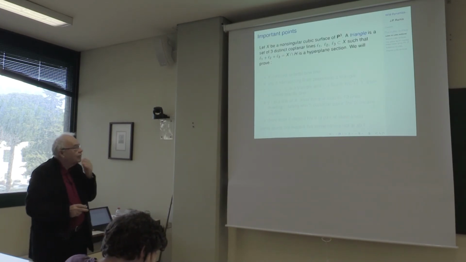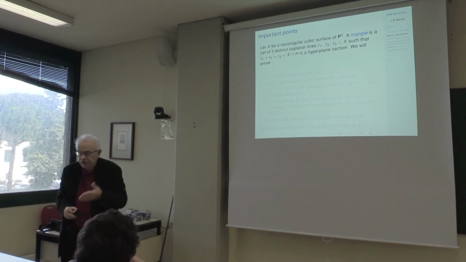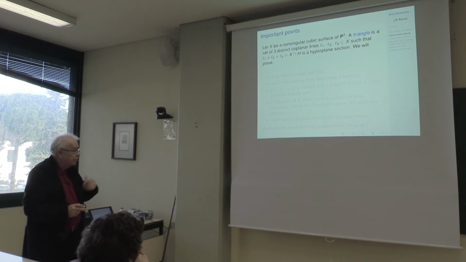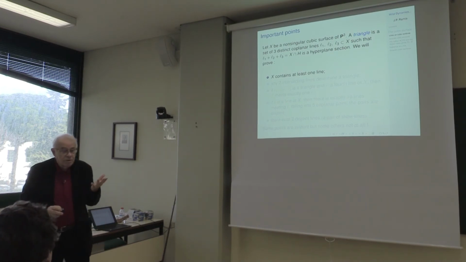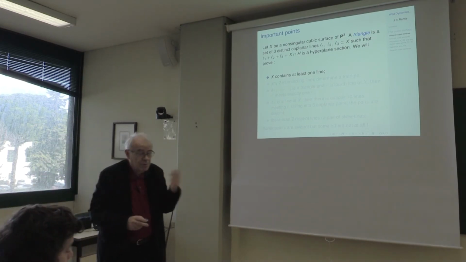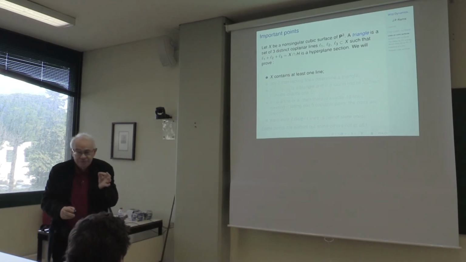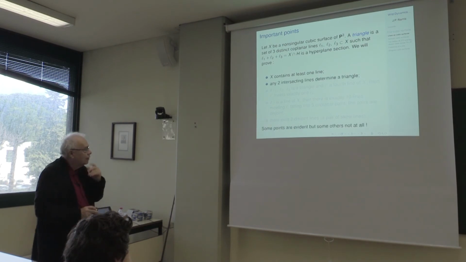Okay, and now there are some very simple remarks. A hyperplane section is when you cut the surface by a plane, and then in general you get 3 lines. So the first step is that you start with the cubic surface, smooth or not, and the first step is to prove that you have 1 line on the surface. This one I skip. It is written in the notes. Okay, and then you do some remarks.